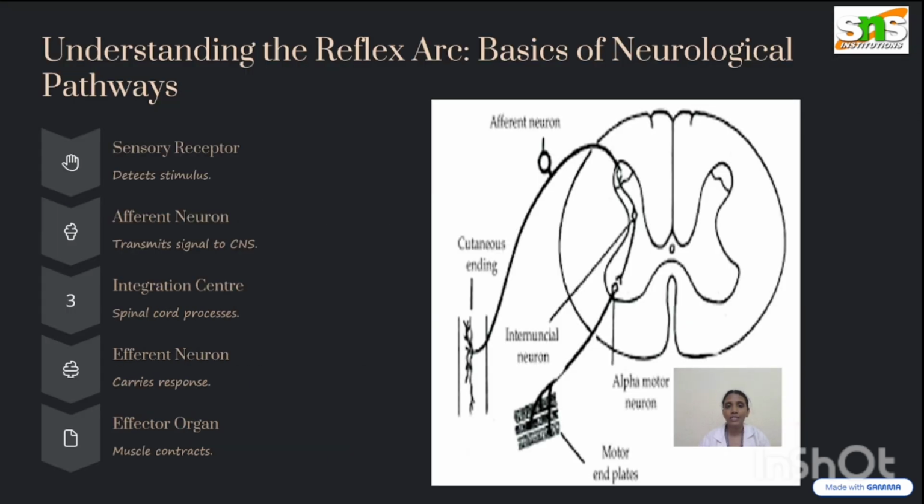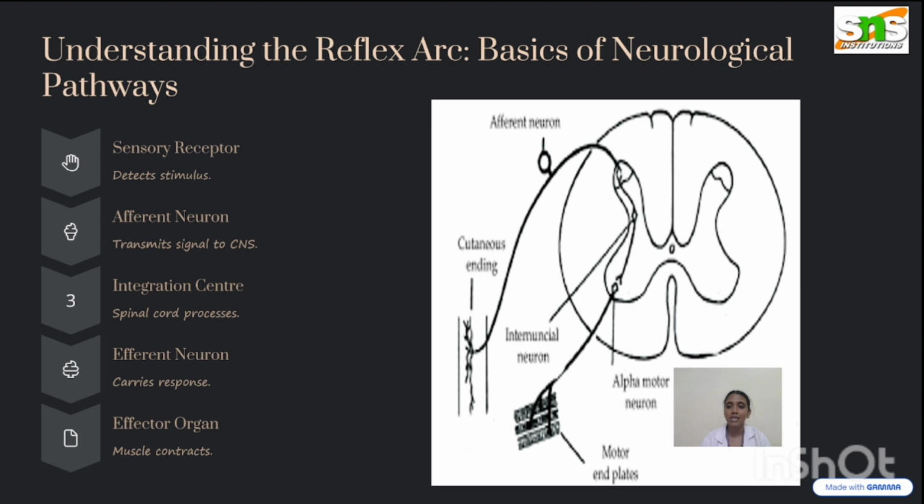In this picture, you can see the basic reflex arc, which is the basis of the neurological pathway. Let's start with the cutaneous ending, which is a sensory receptor. The sensory receptor detects the stimulus. Once the stimulus is detected, it is carried as a signal through the afferent neuron. The afferent neuron carries the signal from the sensory receptor to the central nervous system through the integration center called the spinal cord. The spinal cord processes the information from the sensory receptor,